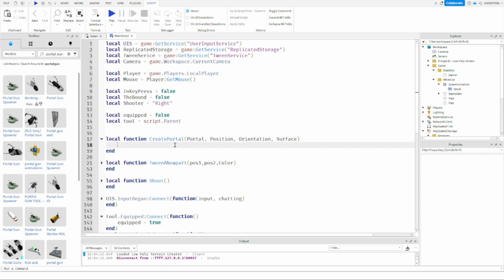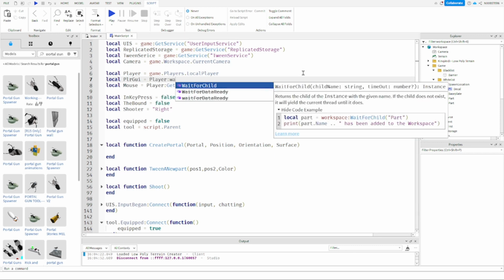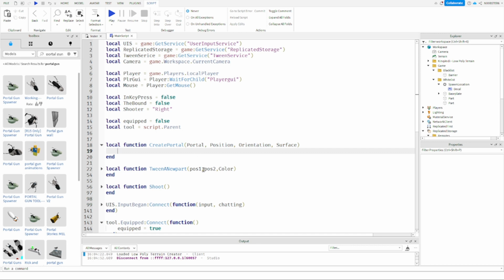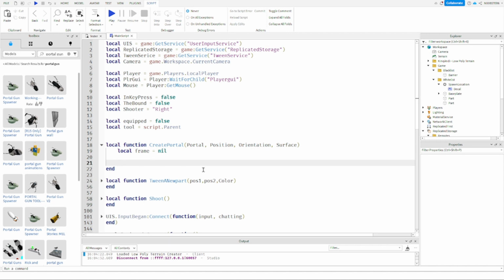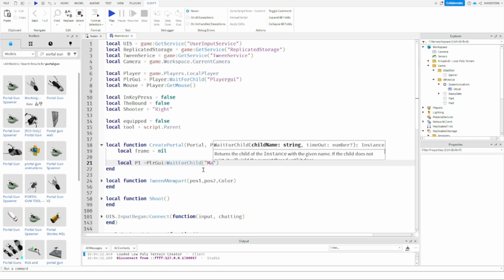So, right. We are going to create the frame. Local... well, I guess we already have the player. PlayerGui is equal to player:WaitForChild PlayerGui. Well, then local frame is equal to nil. Local p1, or portal 1, is equal to PlayerGui:WaitForChild MainGui,